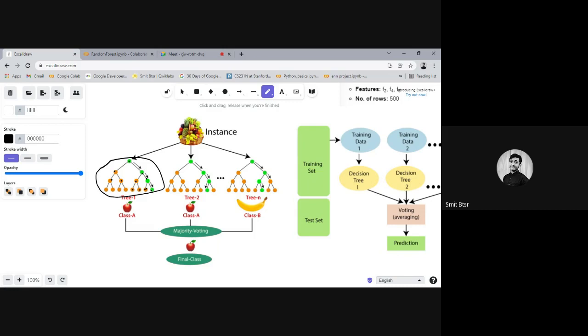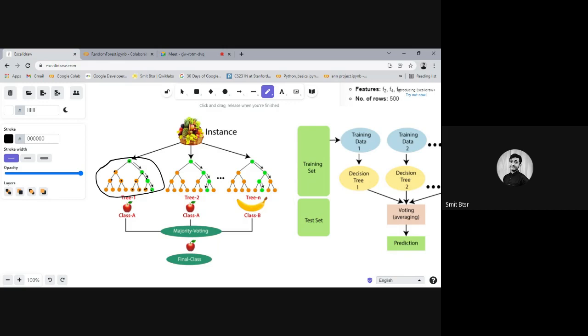Now there are some backdoors when we try to implement those decision trees. What are those backdoors? Decision trees consider the input data too much. We can call that concept overfitting. It overfits the data.